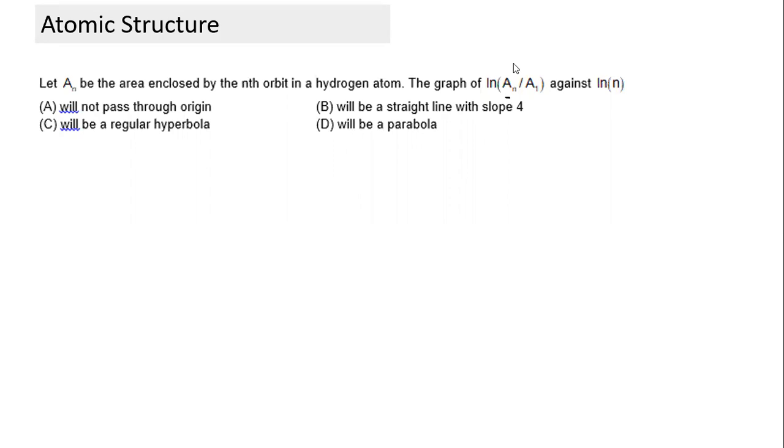Anyone having an answer? Yes, Vignesh, which option? Straight line, sir, with slope 4. Oh, very good. It has taken less than a minute to answer. It's a very simple question, a Mains question from 2019. Many questions can be solved in less than a minute if you are clear. Moment you read the question, the method of solving should come to your mind. If the method is clear, you will solve faster and with better accuracy.